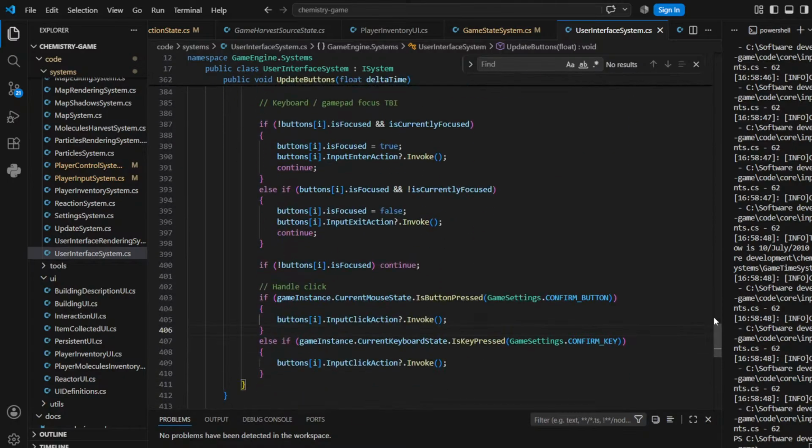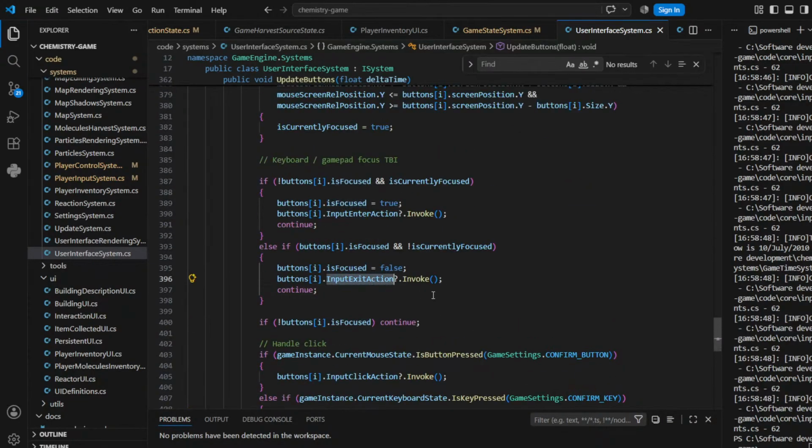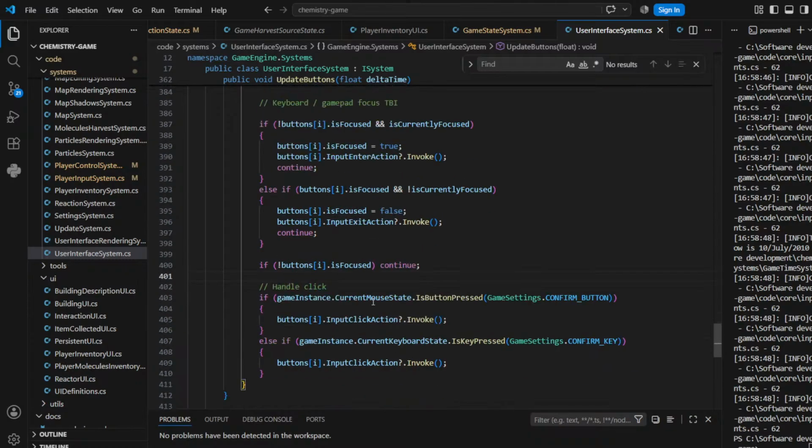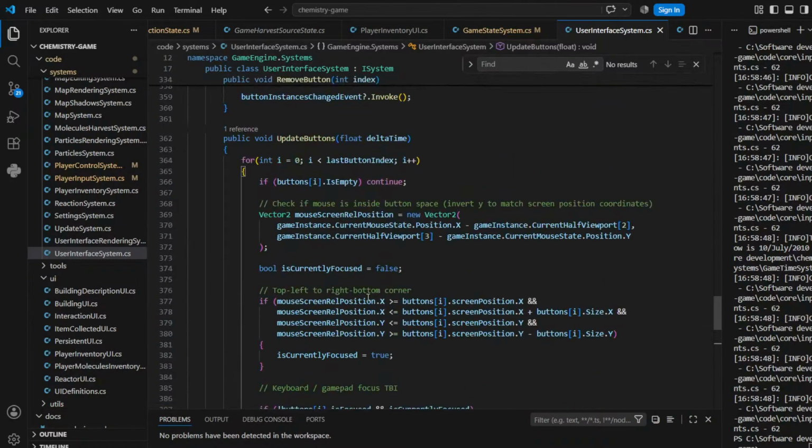But this one, I think we can do it differently. We don't need to subscribe like this because otherwise it's focus. We need to check if a button is